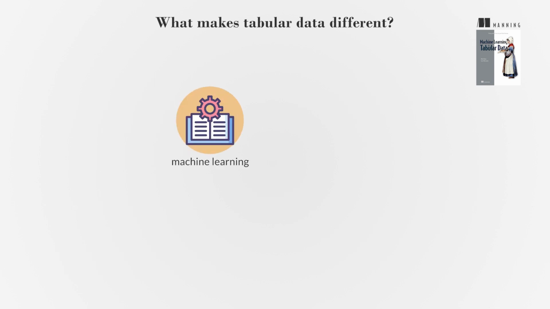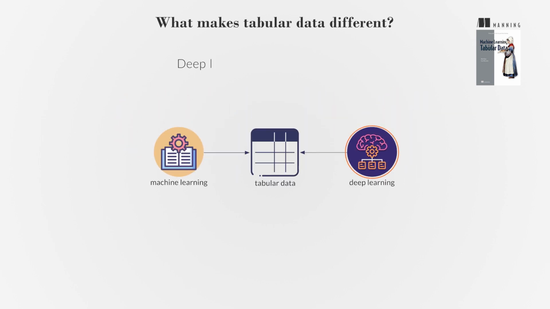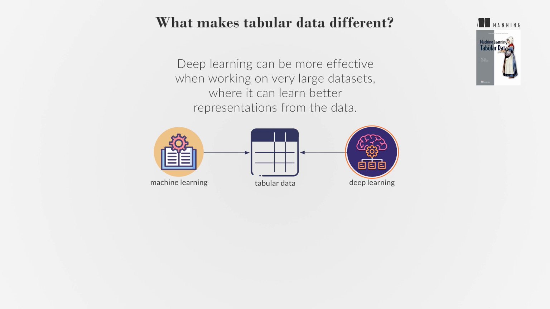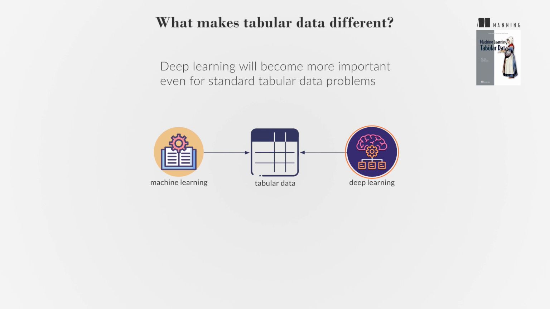However, both machine and deep learning can be used to solve tabular data problems, and deep learning can be more effective when working on very large datasets, where it can learn better representations from the data. In addition, we are confident that deep learning will become more important even for standard tabular data problems, as researchers test new architectures on